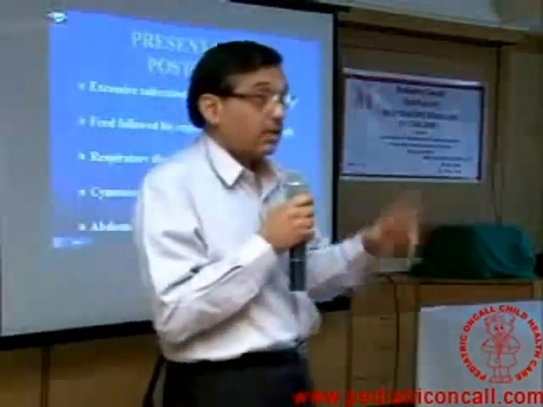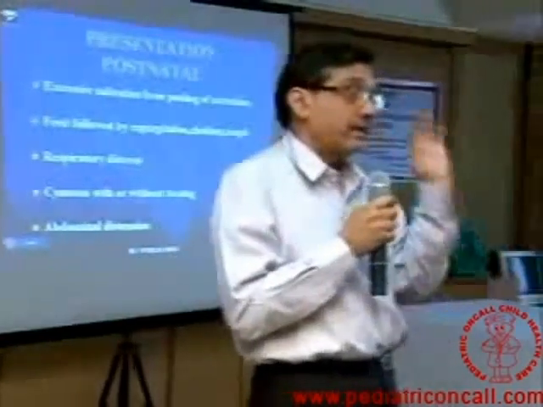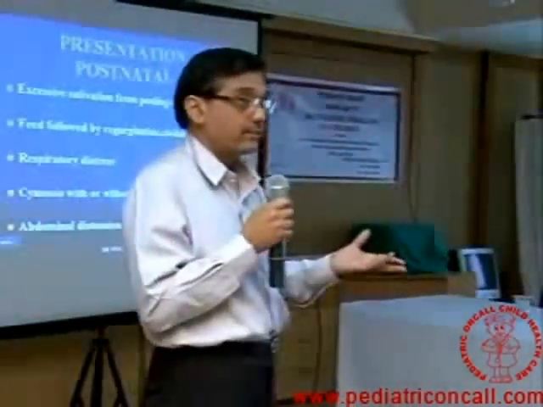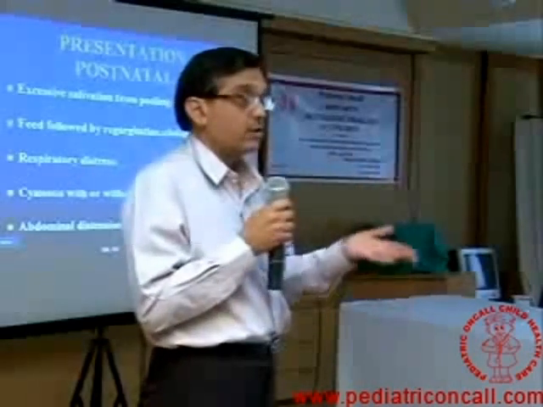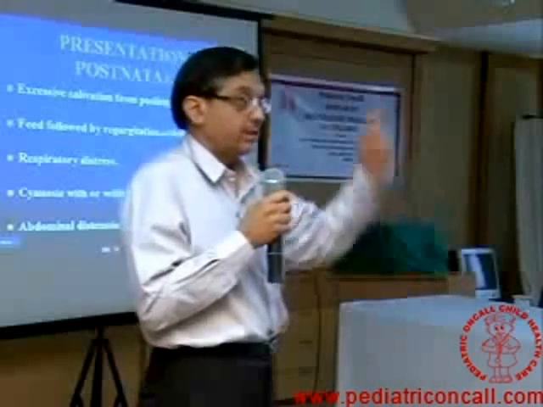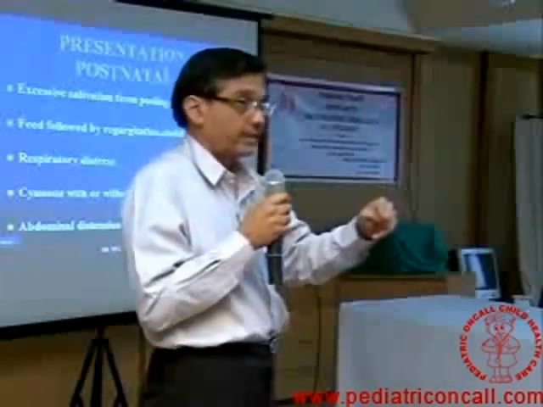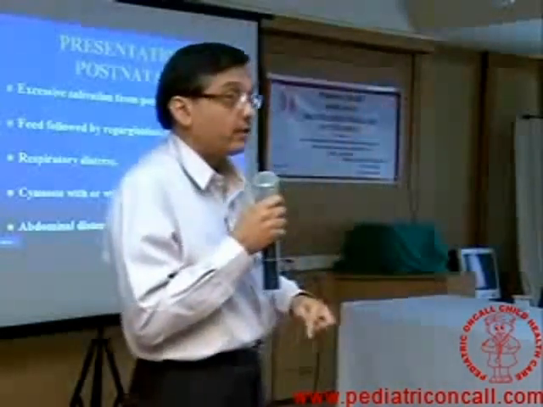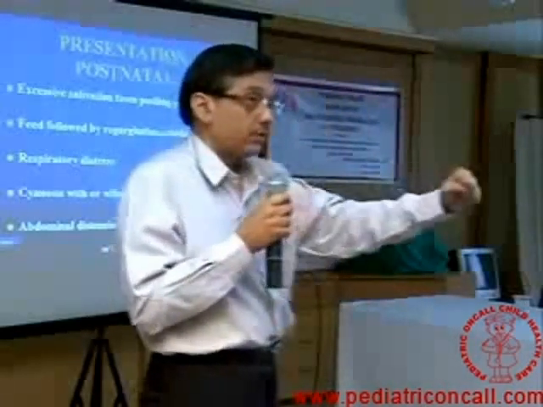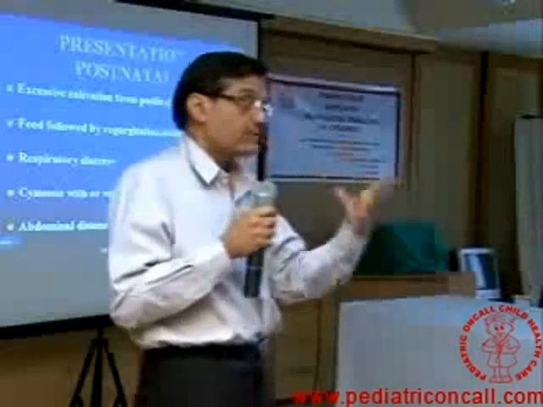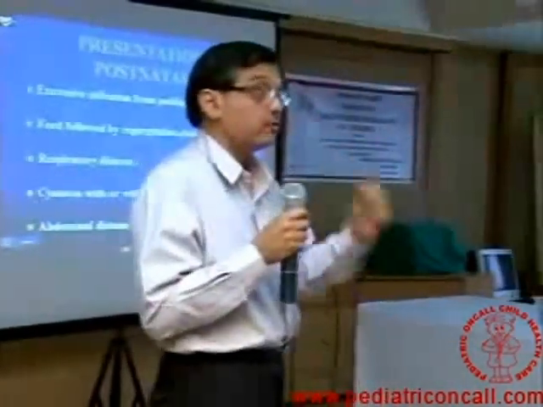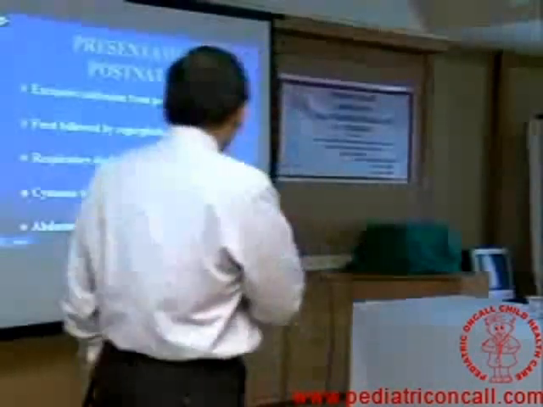Abdominal distension. Now, in a child with suspected esophageal atresia, if there is abdominal distension, you know that there is a fistula of the lower pouch. Otherwise, where will the air go into the intestine? Because the esophagus is disconnected. So there is no way of air going into the stomach unless via the mouth, into the trachea, into the fistula, into the stomach. So if there is massive distension, you think of not only a fistula but a large size fistula. Next.